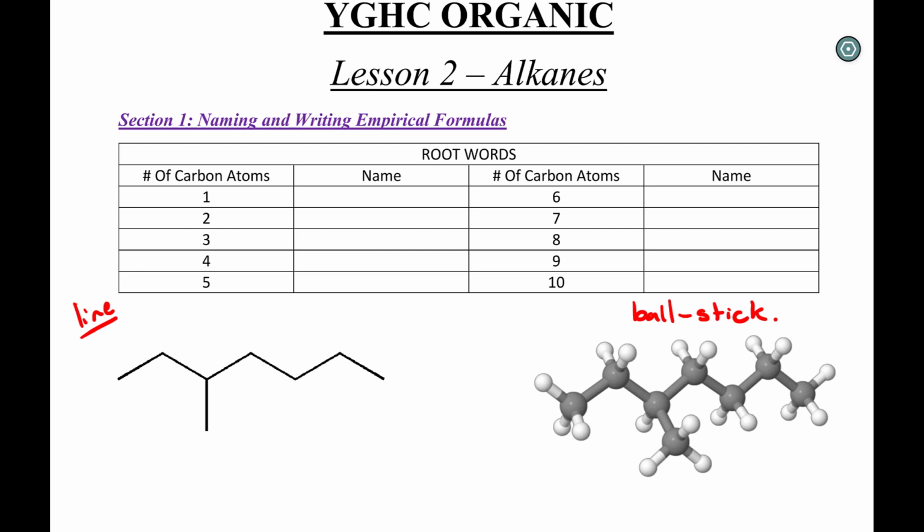The first step in naming any organic compound, especially hydrocarbons, is to find the longest continuous chain of carbons. Now, looking down here, I just want to quickly review that every end of a line or vertex would represent a carbon in this compound. And so those would be all of our carbons. And on this ball and stick, these black balls